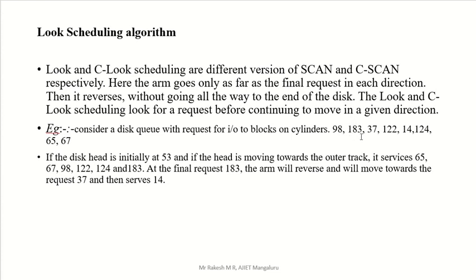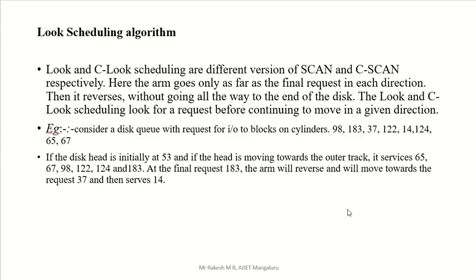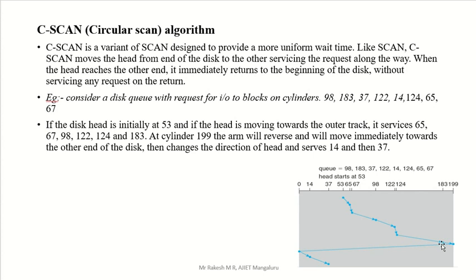We are stopping there. I will go show that. See, in the previous case we are moving till 199, but actually the request came from 183. Then also we are moving to 199 because we need to go to that end. But here in this LOOK algorithm we are stopping at this position, reversing our phase, and coming to the beginning end, that is 0.